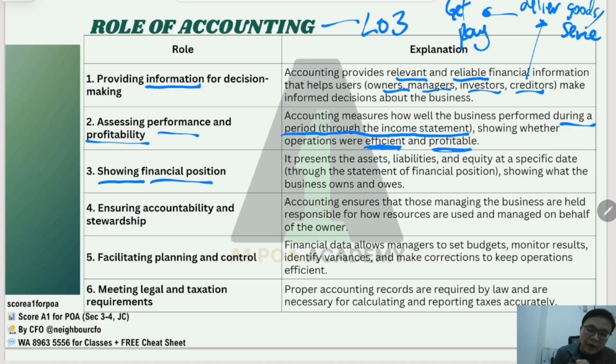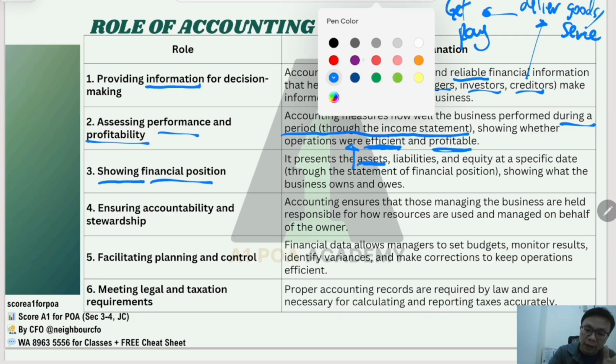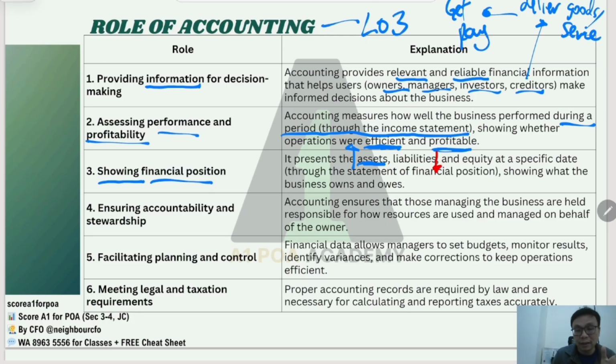Next, we have showing financial position. Just a quick introduction. Financial position is your performance in terms of your income statement over time, how your company performs over a certain period of time, year after year, month after month, day after day. So if your company always performs well over time, your assets will be good in terms of the value. Your liabilities will be lesser in that sense. And when your assets are more than your liabilities, of course, your equity as a whole will be higher.